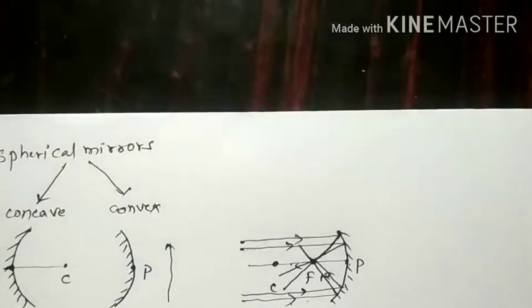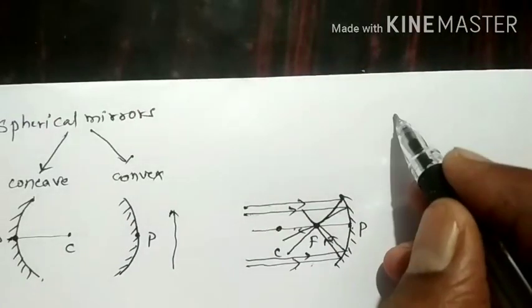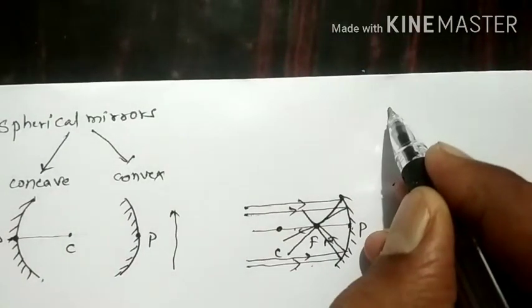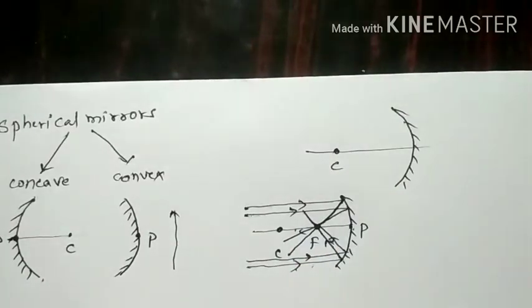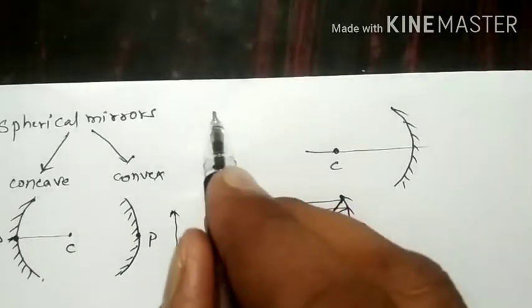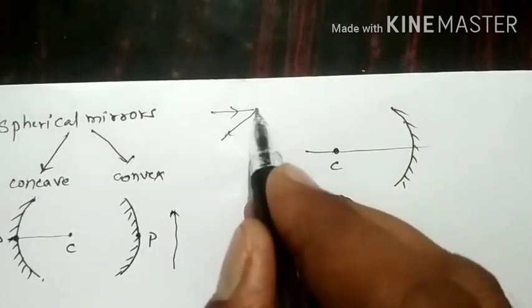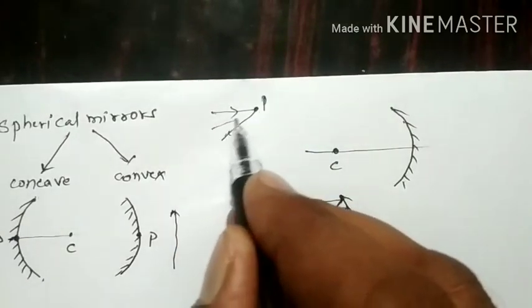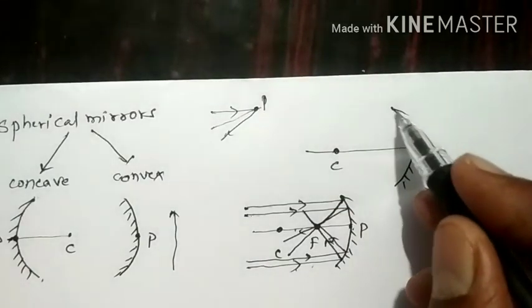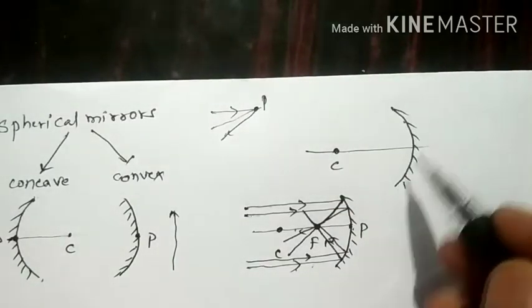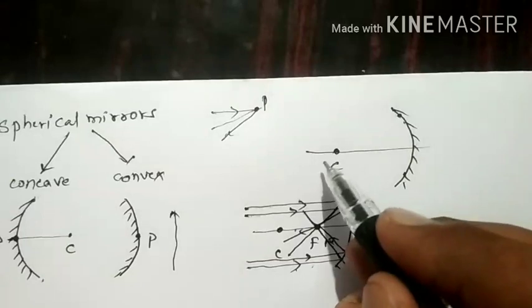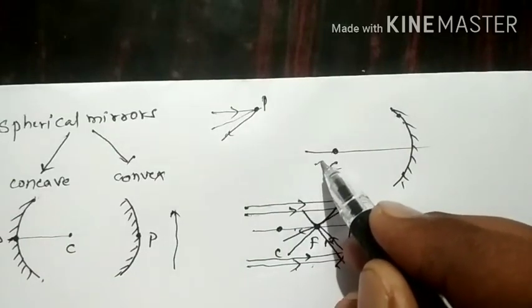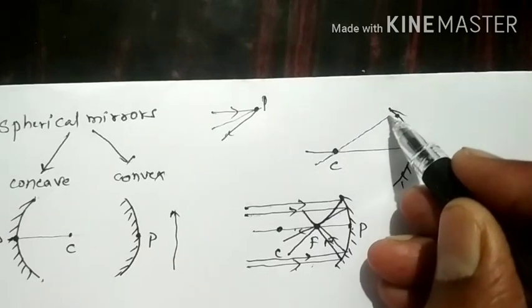In the case of convex and concave mirrors, one important aspect we have to remember is this. For example, I have taken a concave mirror and this is the center of curvature. Whenever you want to apply the laws of reflection, how many lines do we require? One is the incident ray, the second is the reflected ray, and the third is the normal, which you have to draw at the point of incidence. In a spherical mirror the curvature is there and each and every point is different, so how can we draw the normal? The only condition is that you draw a line passing through the center to connect that point.